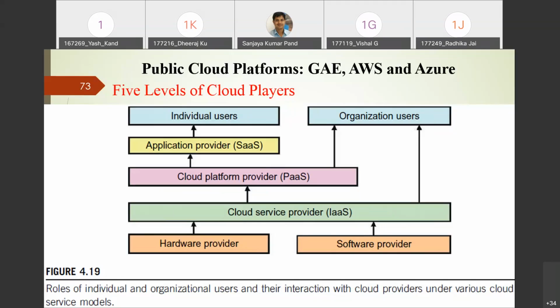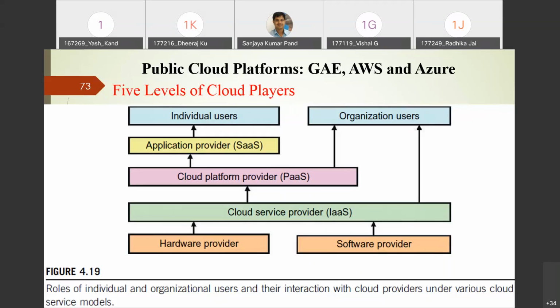So you may rely on hardware or you may rely on the software that is also provided by some person. Like infrastructure is provided by some provider, platform is provided by some provider, application is provided by some provider. So with respect to each level, you have different players. It may happen that, like in the Amazon case I told you, Amazon is providing infrastructure as a service.